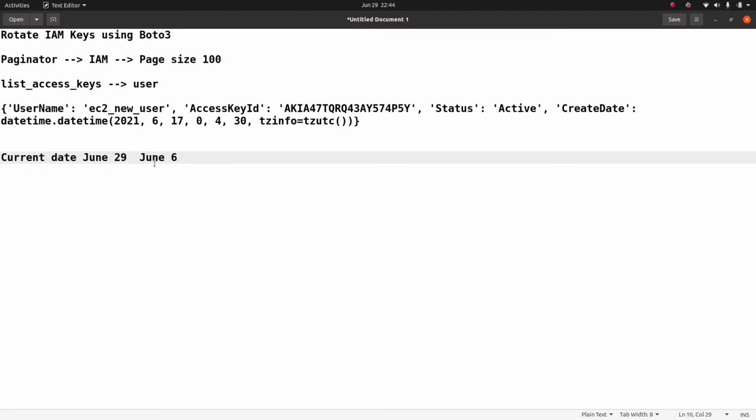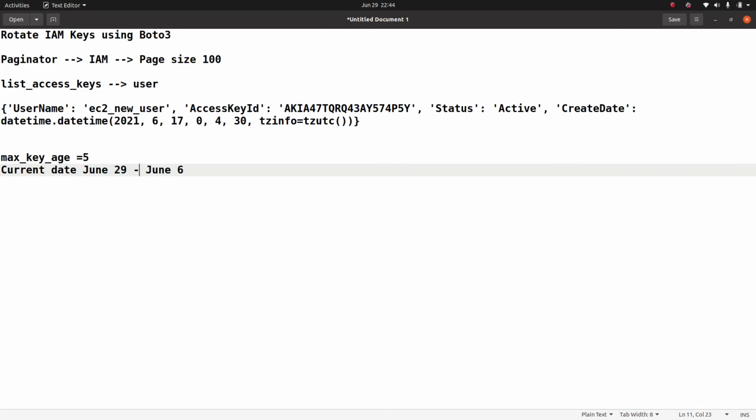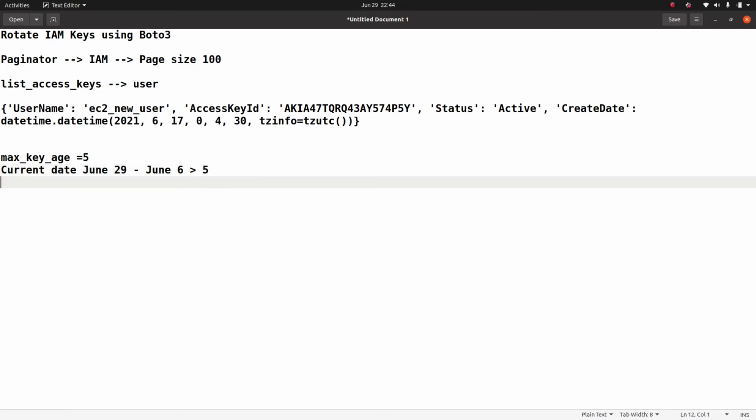and then we have defined a variable called max age, right? Max key age, or whatever the variable we have defined, max key age is equal to 5. So what we can do, we can take the current date minus this date, and if this is greater than 5, okay, I mean, it completely depends upon your company requirement.